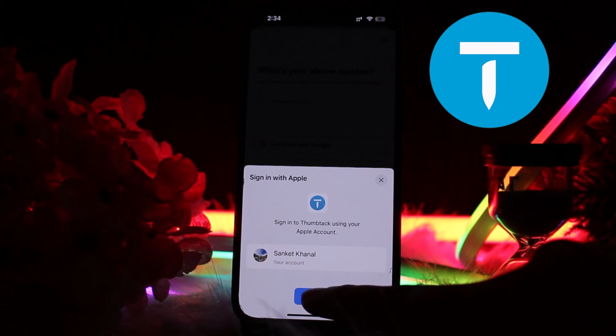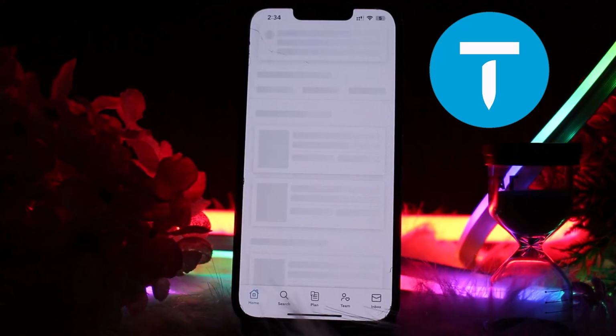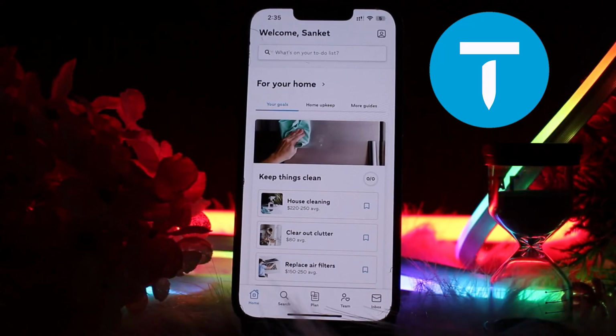After that you need to click on the option of sign in. Now it verifies me and logs into my account. So as you can see, this is how you can reactivate your deactivated account on